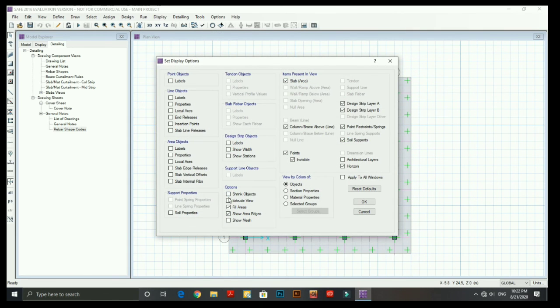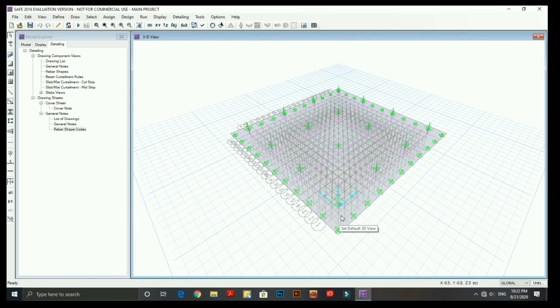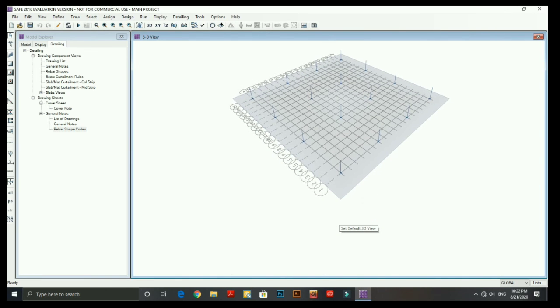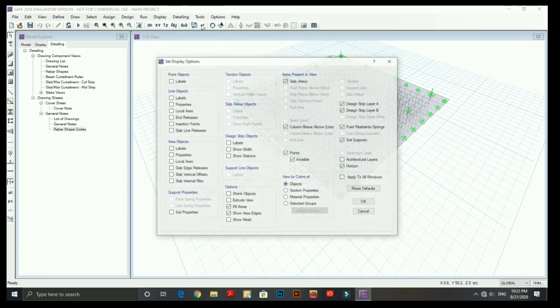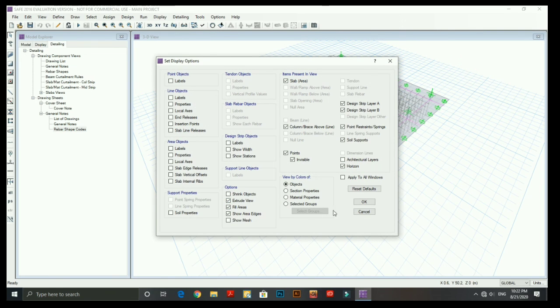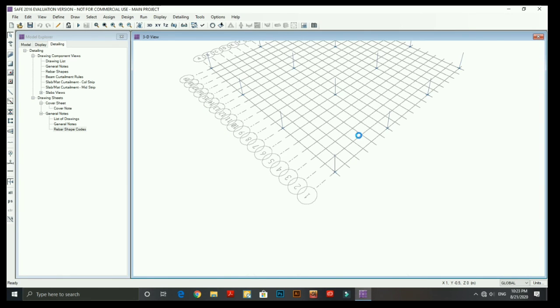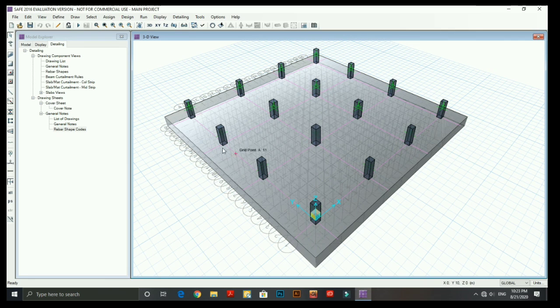And another interesting thing, in the 3D view, just you can actually show the footing, and it is clearly visible in here. So by the extrude view you can see the footing actual, and also the columns which are laid down on the footing, and this looks amazing.